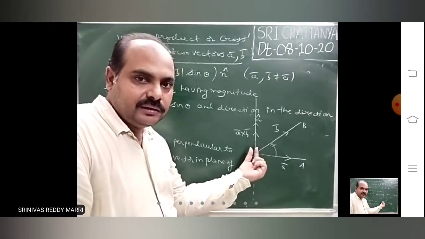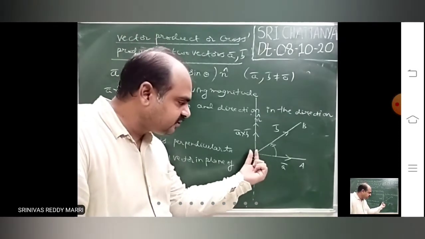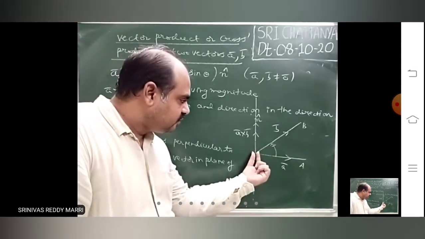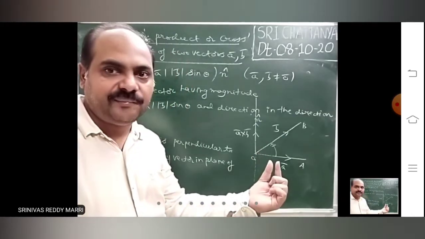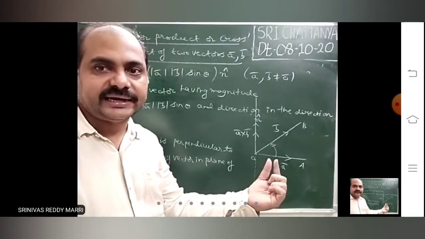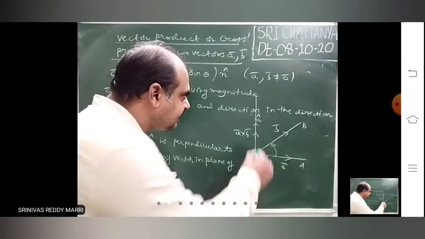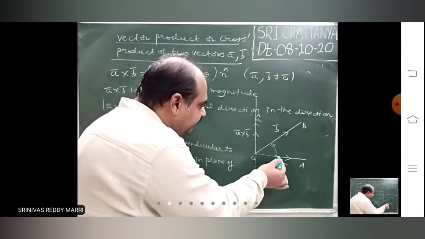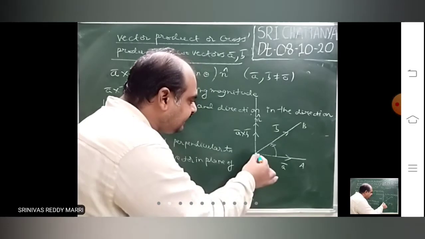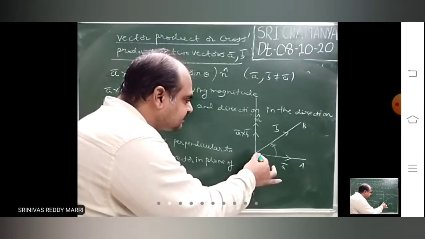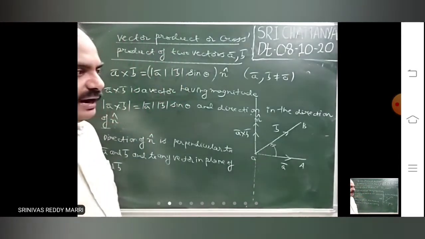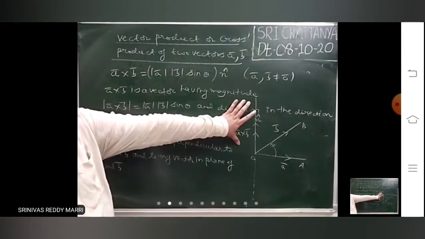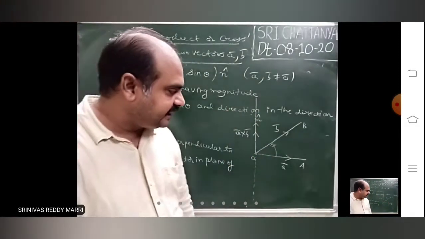The screw will become loose. It will come towards your face. That means towards your face, that screw comes. That means that direction in which that screw is coming, that gives the unit vector direction n cap. That means in that direction I have represented here, right? When A bar to B bar, if you rotate in anti-clockwise direction, always the screw will come towards you. That means that direction is nothing but n cap. In that direction, A cross B will lie, and that is one method.